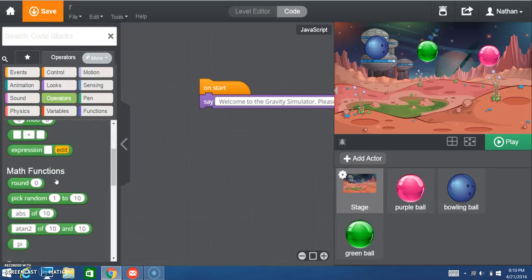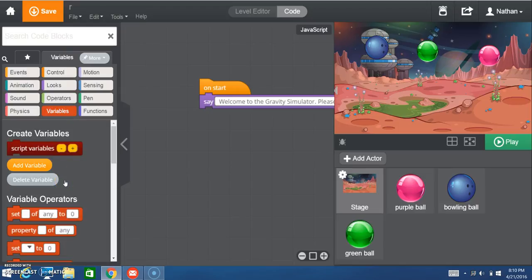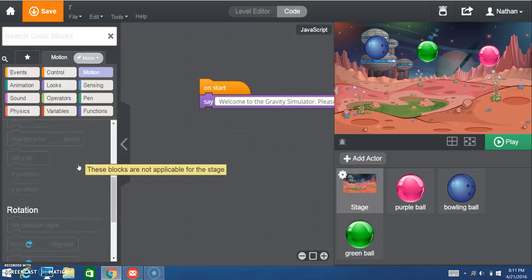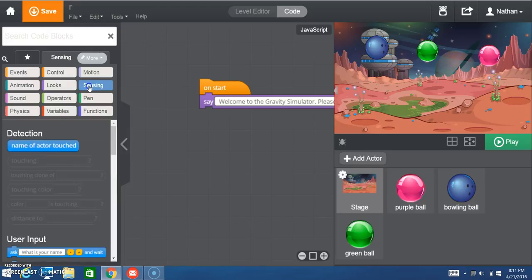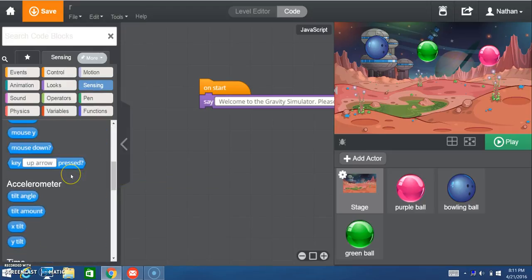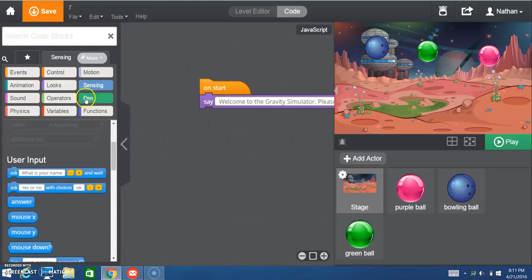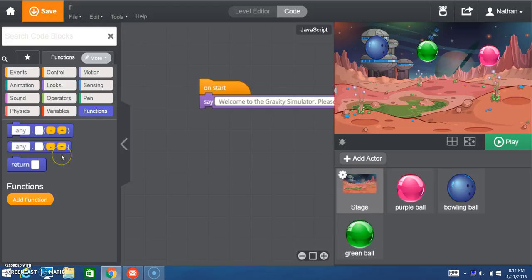Operators allow us to compare numbers and functions. Variables allow us to store information and recall it. Motion allows us to cause objects and actors to move. Sensing gives us the ability to, when something is detected, make something happen. The pen allows us to write things, and functions allow us to perform complex